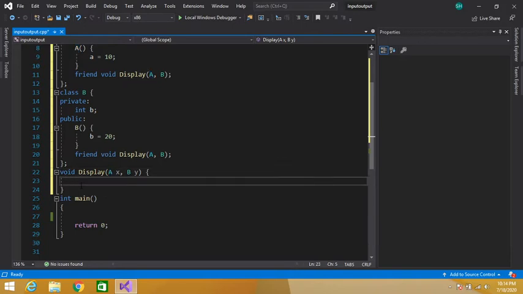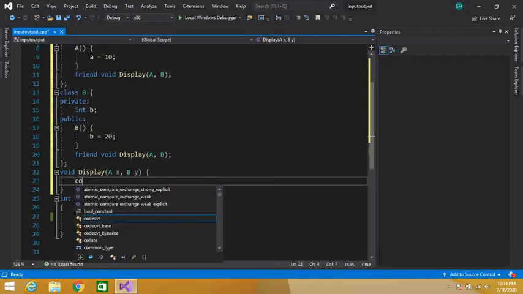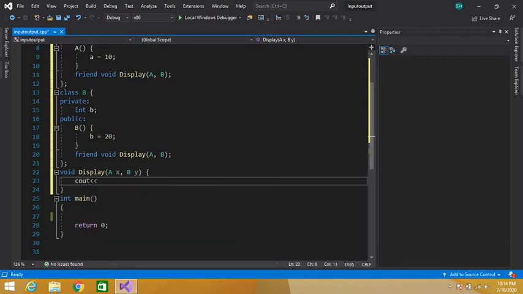Okay, let's display the values of the private data members of class A and B. So cout the value of class A object is